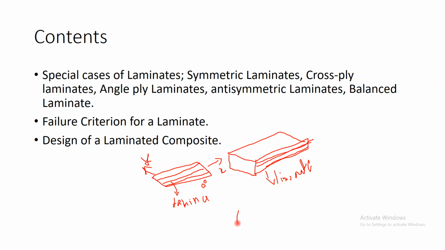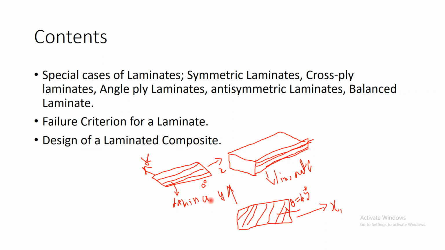Suppose I consider another lamina which has the fiber orientation with a certain inclination, and I take that lamina in a coordinate system, it may be x or y, or any other coordinate naming. Right now, the lamina is oriented at an angle theta. If the angle theta is, say, 45 degree, then I can say that the lamina has an orientation of 45 degree.